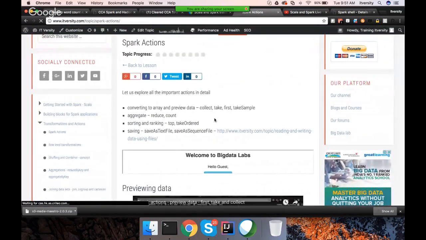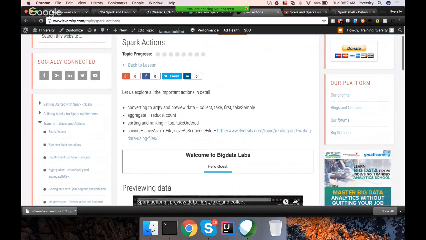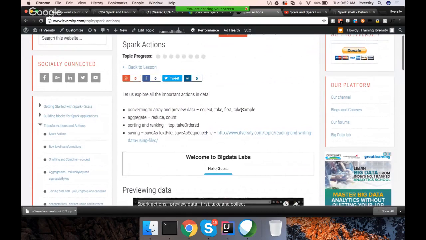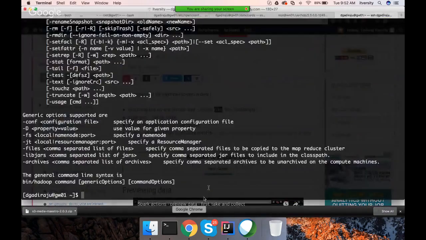So, Spark actions. We can categorize the Spark actions into converting to array and previewing data, where we can use collect, take, first, and takeSample. We have already seen first. To see the first record, we use first. To convert into an array, we use collect. To get a subset of the RDD and convert that into an array, we use take. And takeSample will randomly take a sample number of records. Then for aggregation, there are reduce and count. So when it comes to actions,